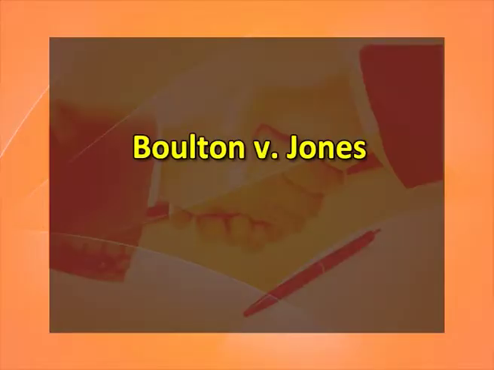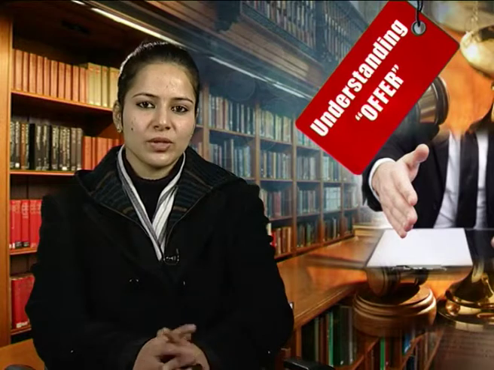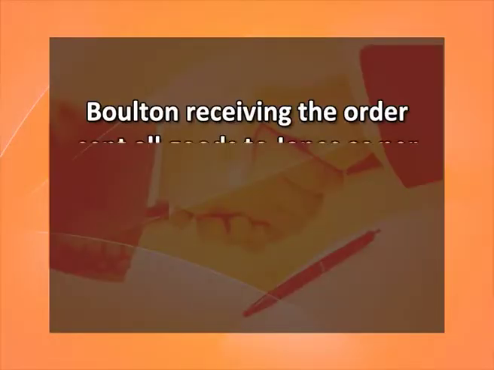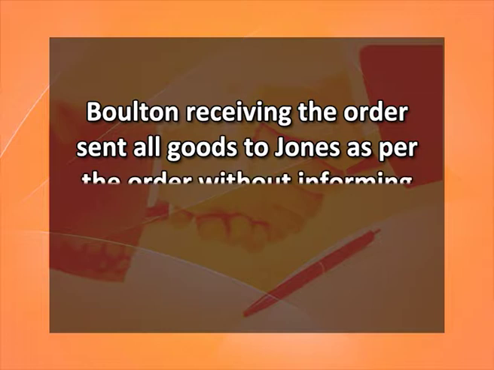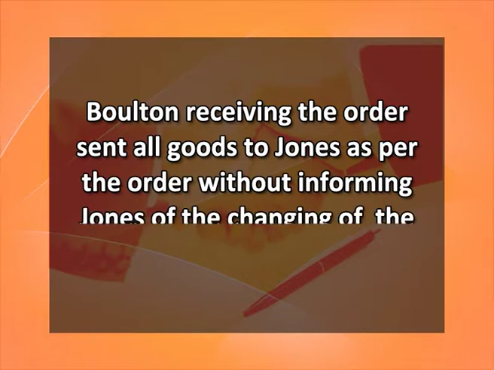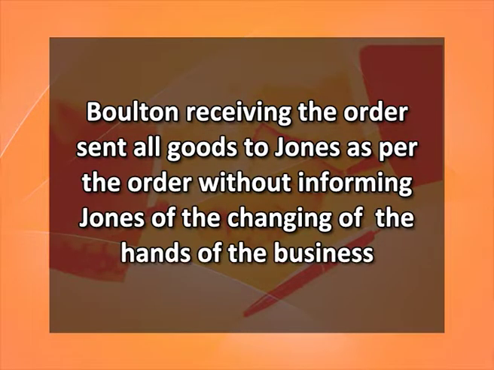Bolton versus Jones, 1857. Jones used to have business dealings with Brocklehurst. He sends an order to Brocklehurst for the purchase of certain goods. By the time the order reached Brocklehurst, he sold his business to Bolton. Bolton, receiving the order, sent all goods to Jones as per the order, without informing Jones of the changing of